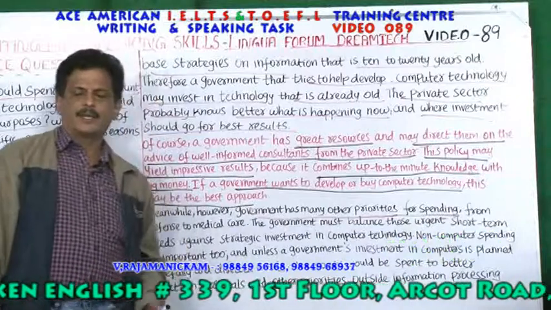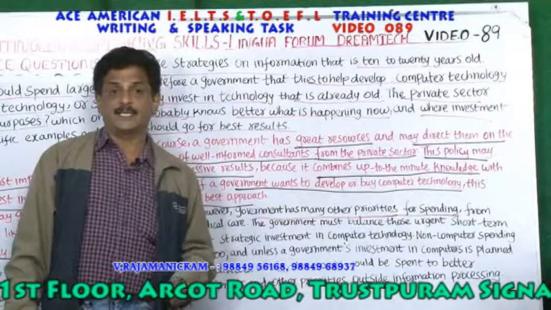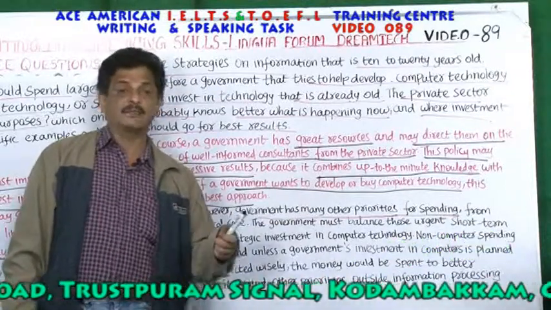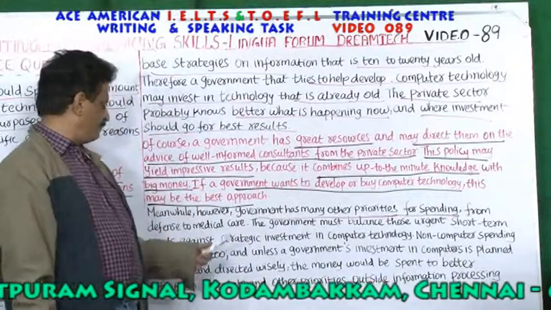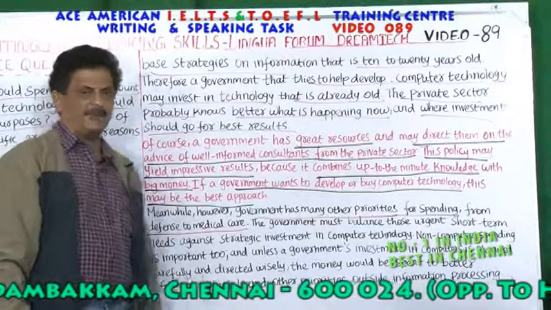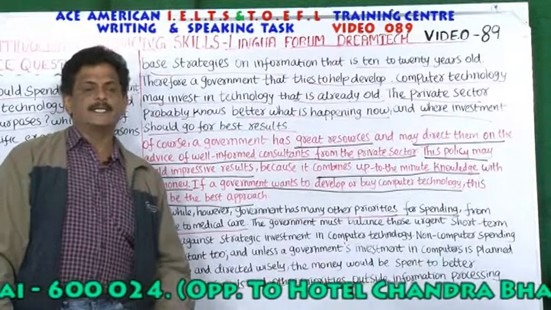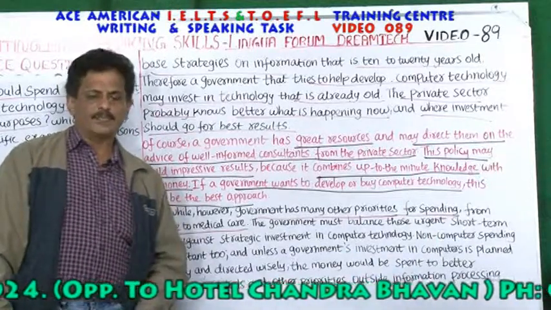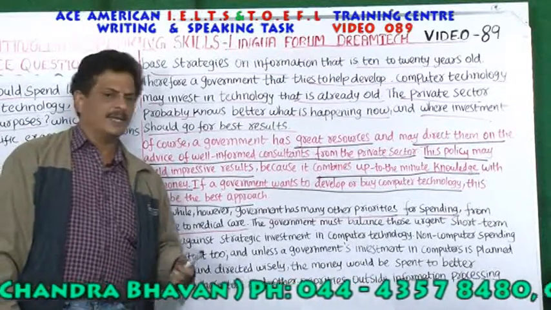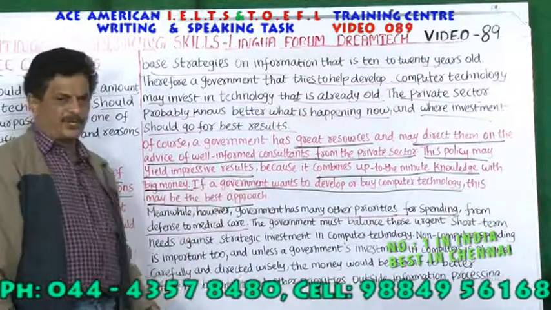So here, that's what he says: the present-day government has many more priorities, even poverty alleviation. In a democratic country like India, the government has many duties, from defense to medical care. Basic medical care should be given by the government in a huge populated country like India. The most essential purpose of the government is to provide basic sanitation and medical facilities for the people. So it has a lot of priorities.